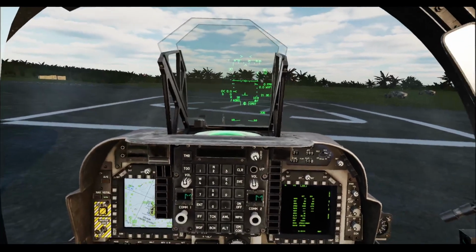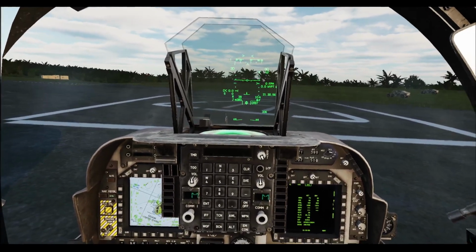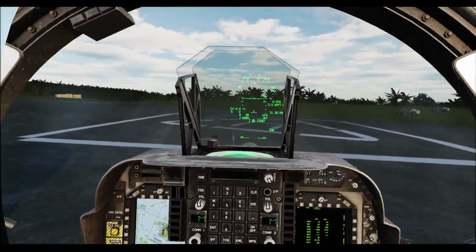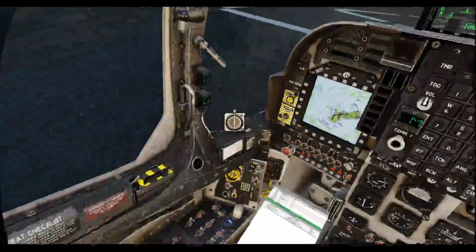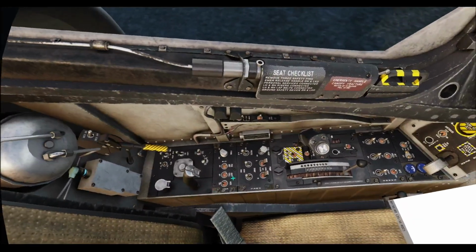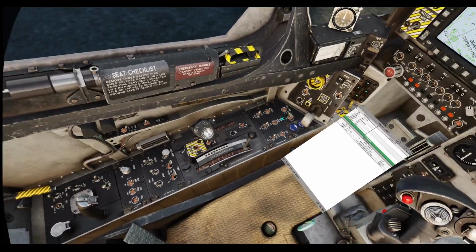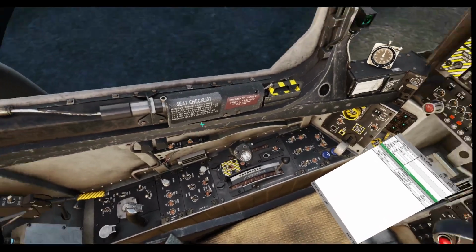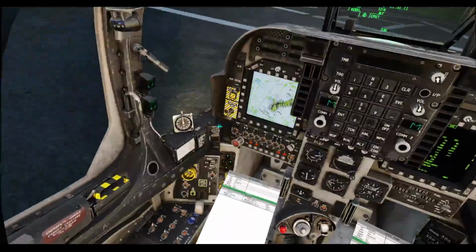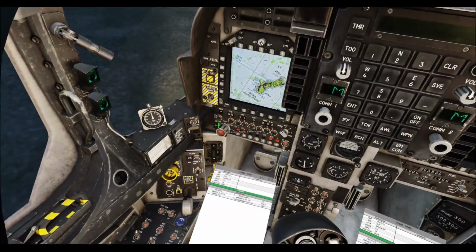Okay, so let's start with the cockpit setup. It's the most important thing for setting yourself up mentally and physically. So just coming down here, I'm just going to make sure my lighting setup is desired, and I'm going to raise myself up. So that's that, and then I'm going to come over to my MPCD